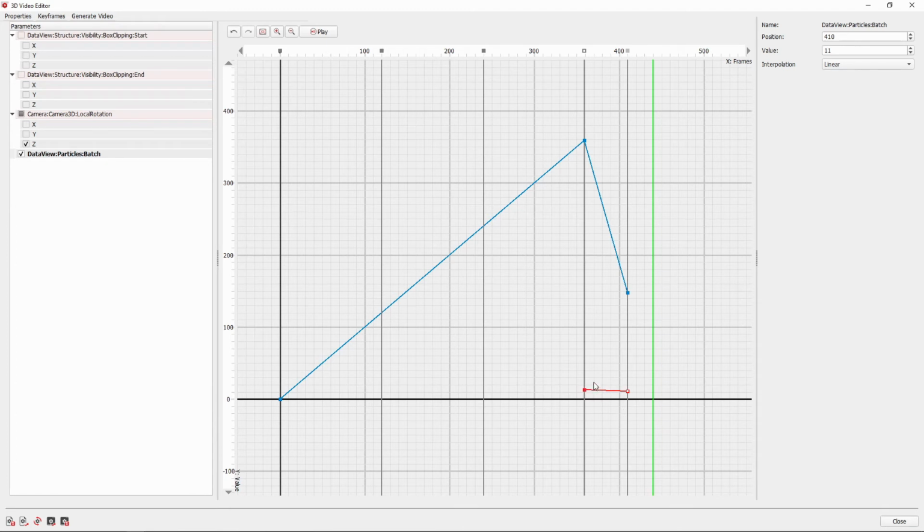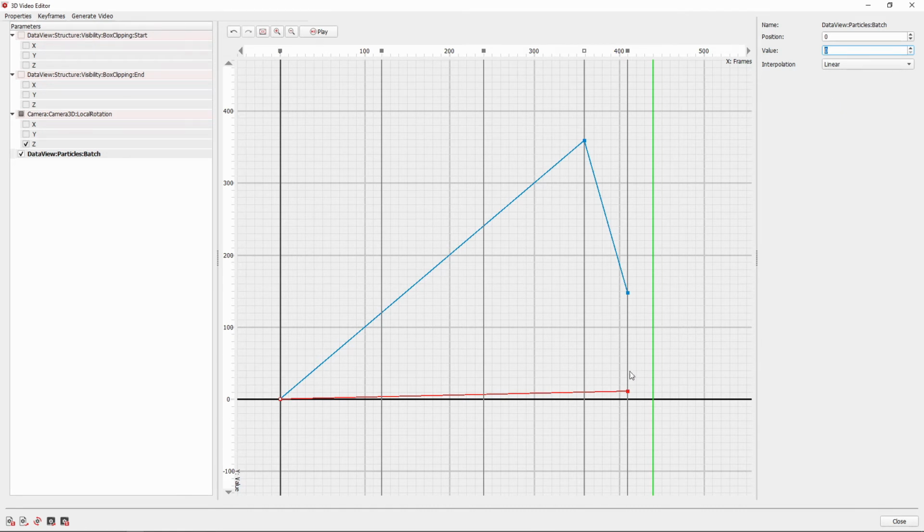First, we select the first control point of the batches, here at keyframe 359, and drag it to the keyframe 0. If we drag the control point close enough to a keyframe, it will automatically snap to it. We let go and see in the value panel that this control point is now at position 0. In the UI, the batches start at index 1. If you control them with Python or the video editor, we have to start at index 0. We set the value of this first batch point to 0.